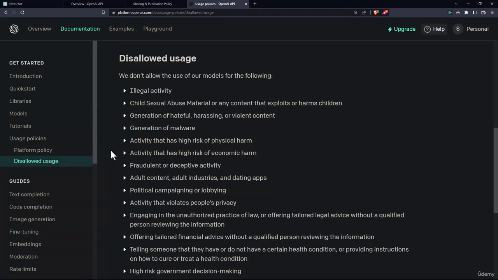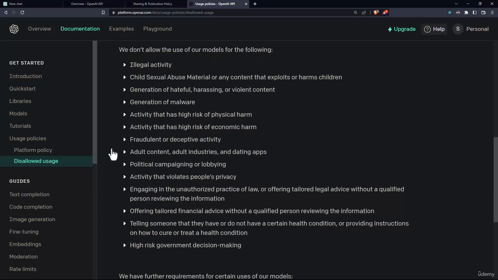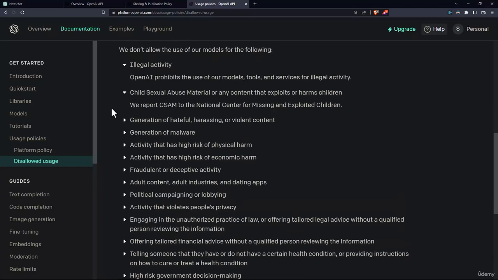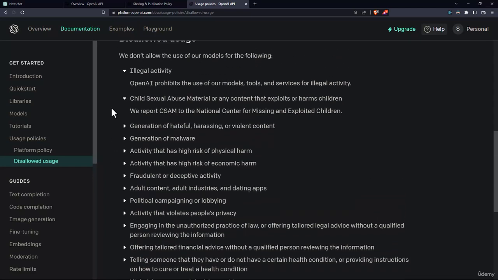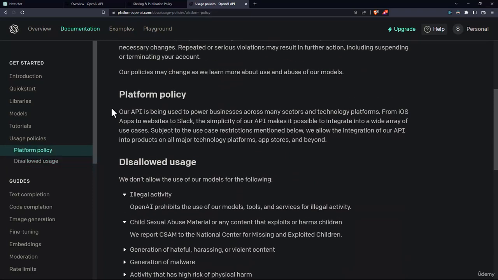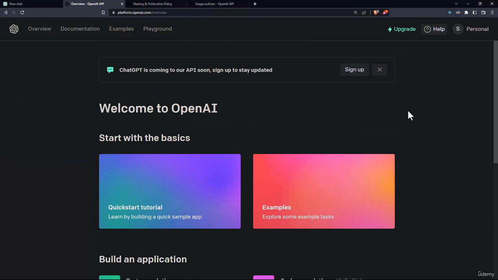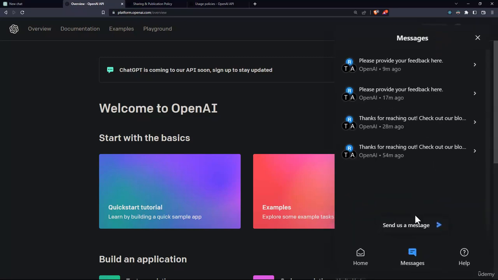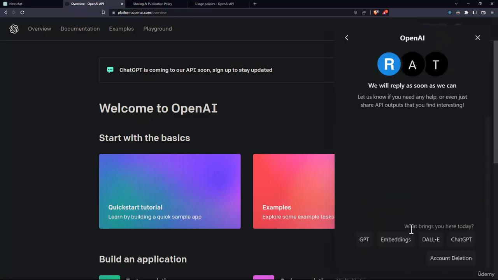As a concerned fellow user of ChatGPT, my intention with this video is to share my findings with you and help you have an awesome experience. So you can read about these and you can expand these options and read them in detail. And I'd suggest if you have doubts or questions about these guidelines, the OpenAI team is best equipped to help you. To contact OpenAI, you can log on to platform.openai.com with your ChatGPT username and password, then click Help, Messages, send us a message. From here, select ChatGPT,